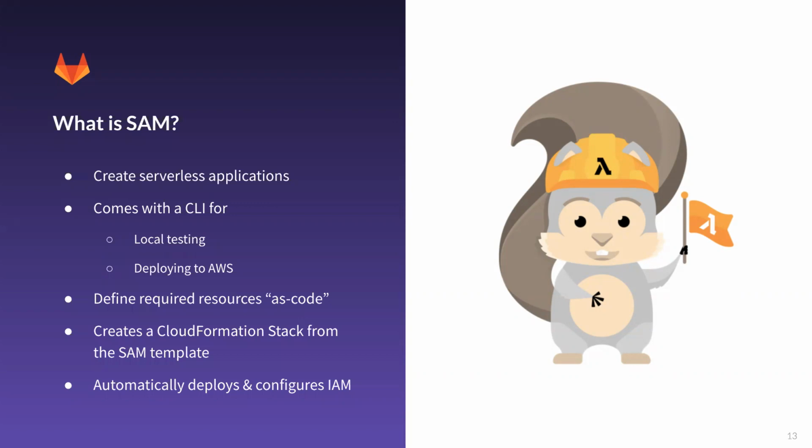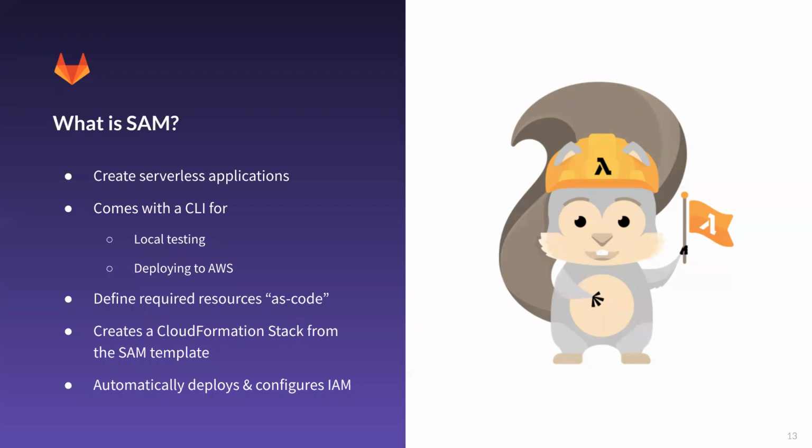So this CLI allows us to do local testing, right, which is something that's really critical and maybe a little bit different in a serverless environment. And then also allows us to deploy to AWS in an automated fashion. And it allows us to define the resources that we need as code. So that includes the serverless functions, but can also include any of the rest of the AWS suite of tools,